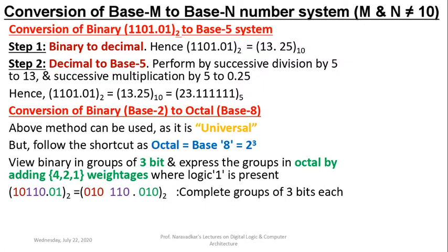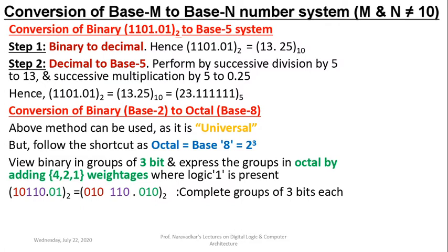On the left side, one group of 3 bits, 110, is formed, shown in violet color. The second group is 10, shown in brown color, but it is not complete. Then what can be done here? A 0 can be appended on the extreme left, so it becomes 010. 010 forms the second group of 3 bits. So on the left, the first group is 0, 1, 0 and the second group is 1, 1, 0, which is complete.